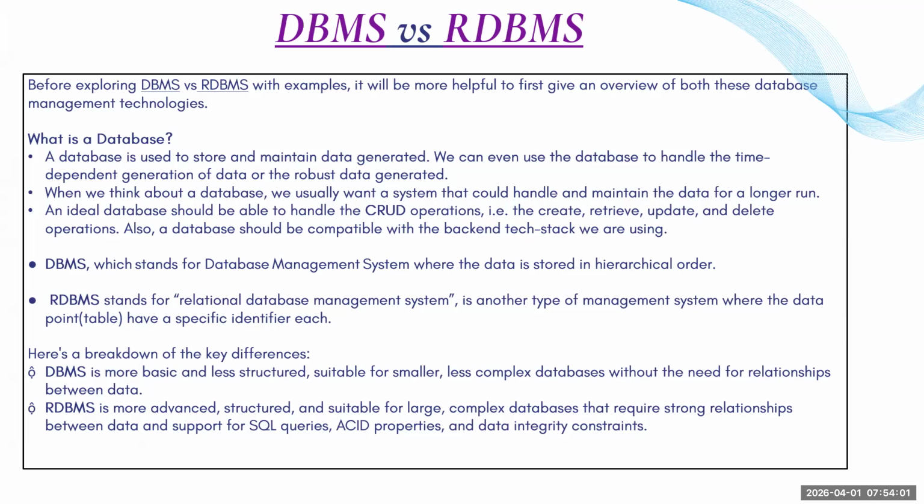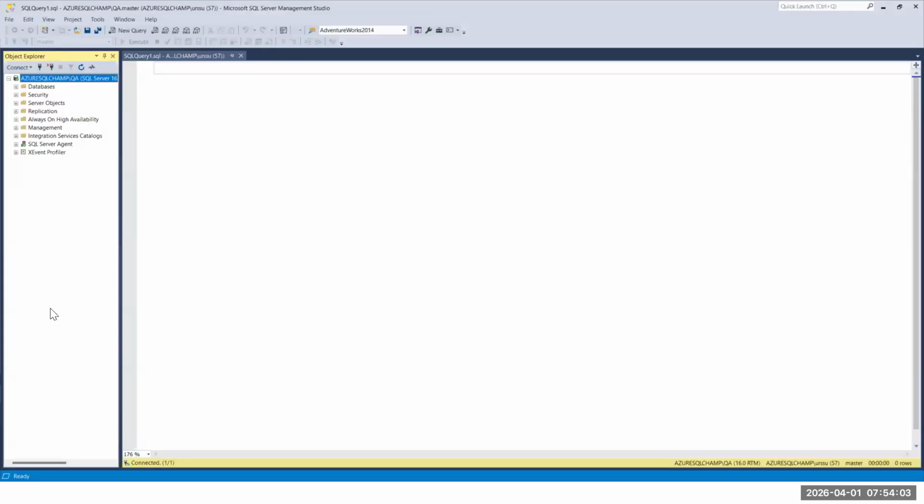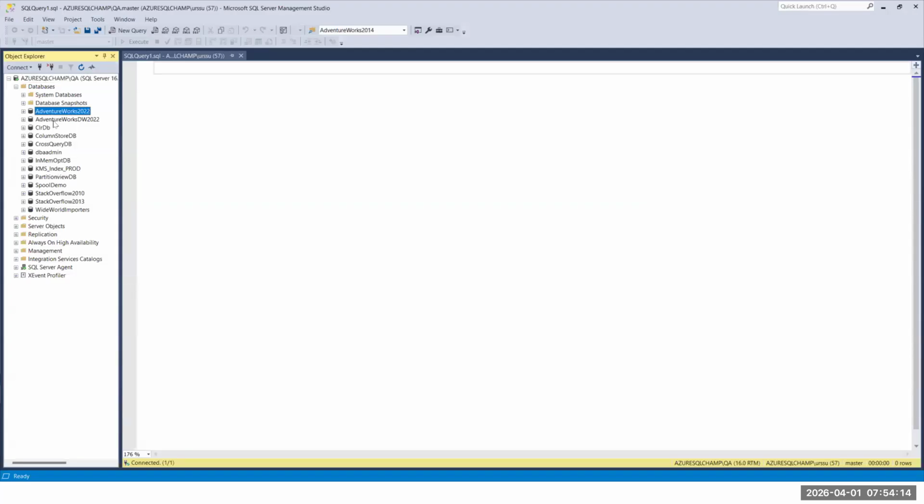Because whenever you install any database engine, is our job done? No, we will create the databases. For example, you are going to store the accounts data in this database, the sales data in this database, the customer data in this database.